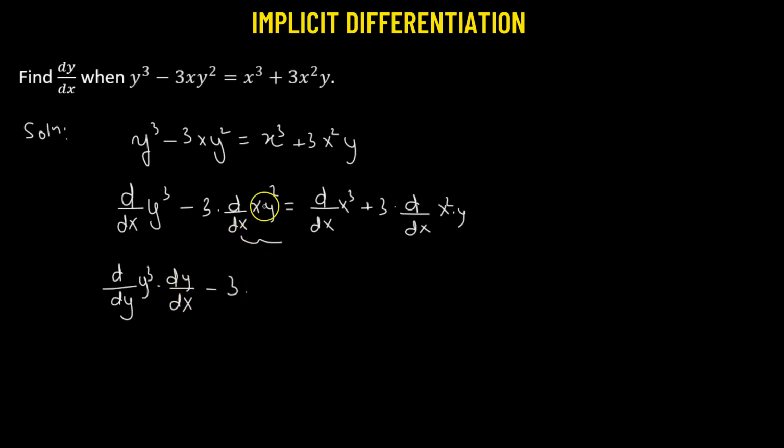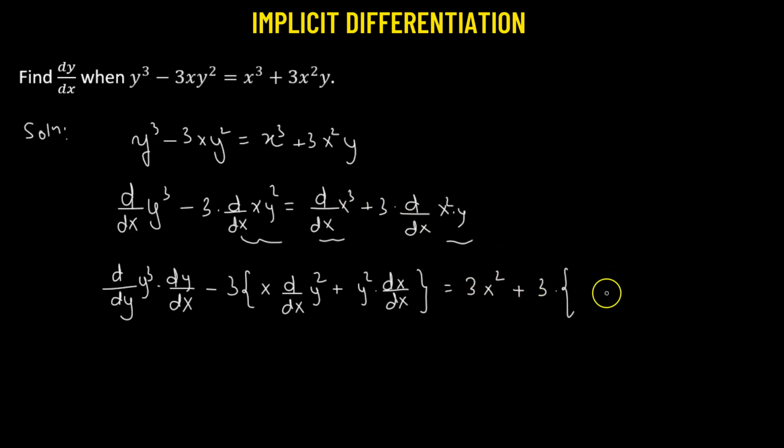Minus 3 times, so here we have a product of two functions, x times y squared. Let's use the product rule to get x times derivative with respect to x of y squared plus y squared times derivative of x with respect to x, which will be equal to, so we have derivative of x cubed, so we can use the power rule to get 3x squared plus 3 times, so here also we can use the product rule to get x squared times derivative of y with respect to x plus y times derivative with respect to x of x squared, which will give us, now we have derivative of y cubed with respect to y, so this will be 3y squared using the power rule,